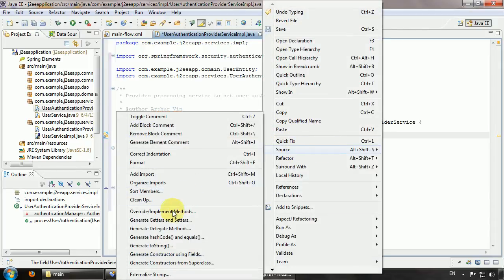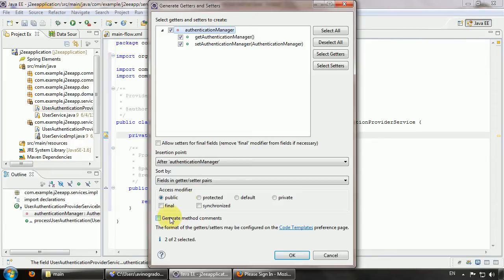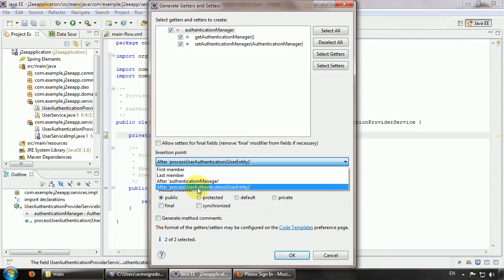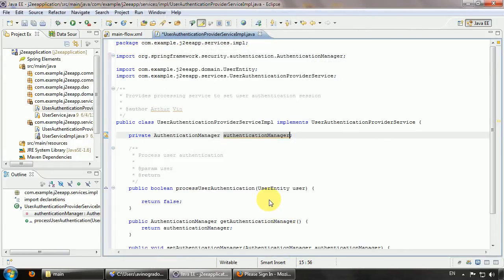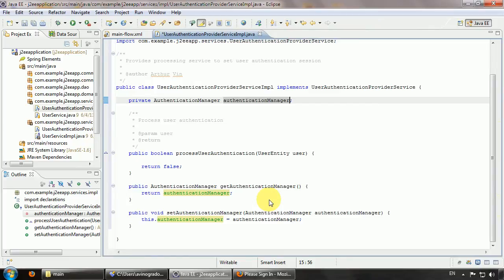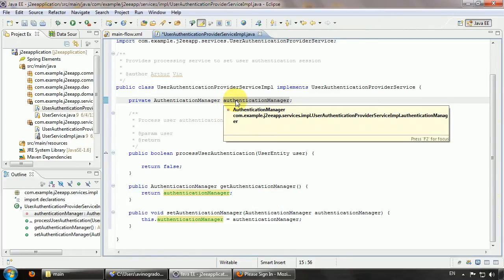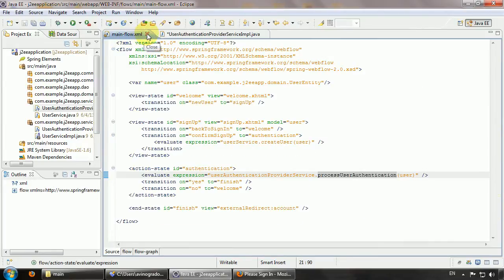Create the getter and setter methods for it. Good. We need to create the dependency injection in this field, so I'll go